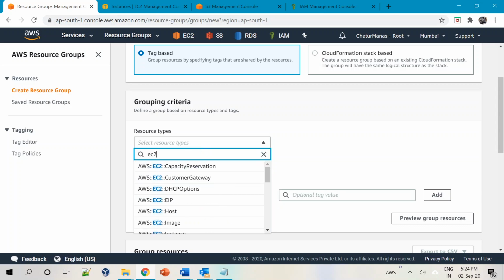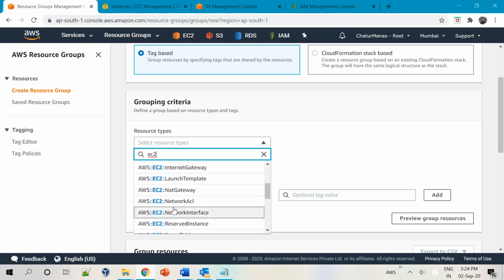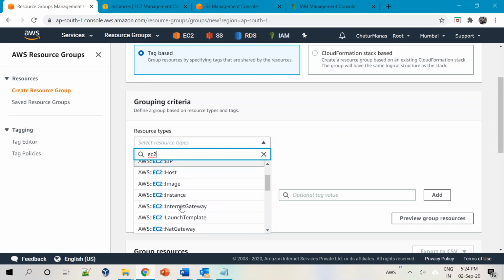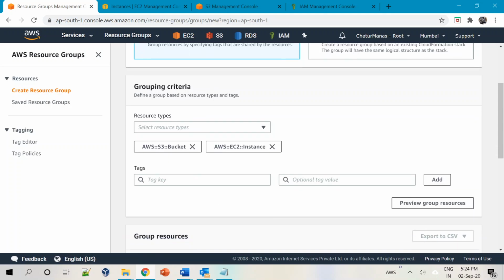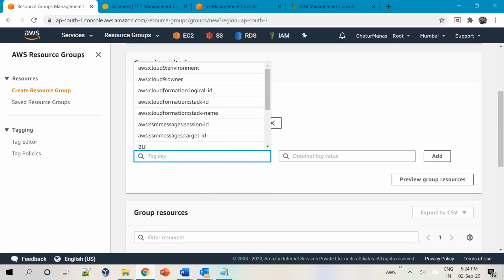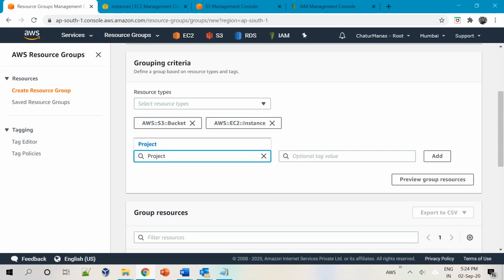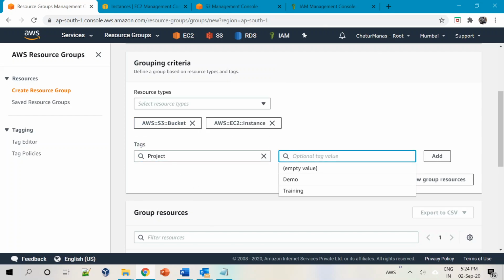I want to have EC2 instances. Under EC2 it shows all the different options within EC2, so instance. So these are the two things that I want, and the third one is I want to group them using a project, and the project name is training. I want to basically group all the resources which are created under the project name training. This is what it means.